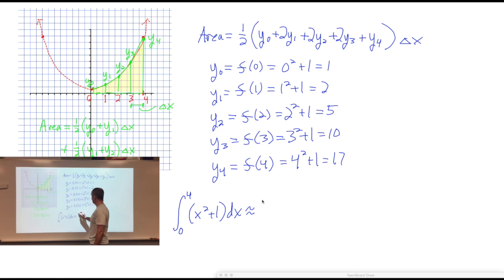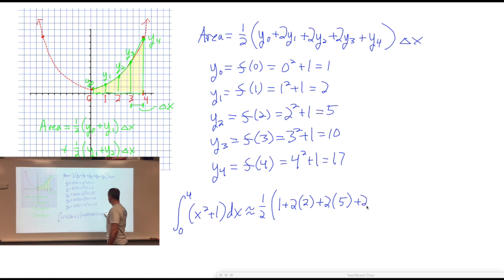This value will be 1/2 y sub 0, which we said is 1, plus 2 times y sub 1, which we said was 2, plus 2 times y sub 2, which we said was 5, plus 2 times y sub 3, which we said was 10, plus just 1 y sub 4, so my last number here is just 17,